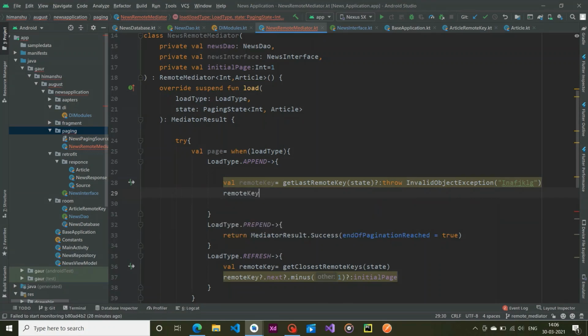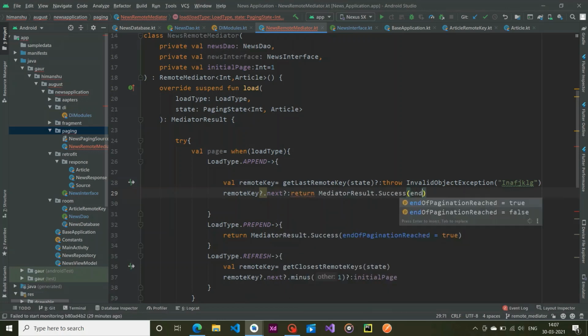And then pass the remoteKey next. If this thing is null in any case, in this situation I am going to return MediatorResult.Success, endOfPaginationReached, and pass true in it.